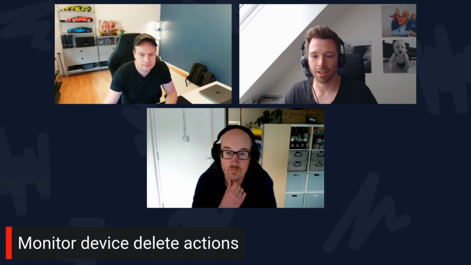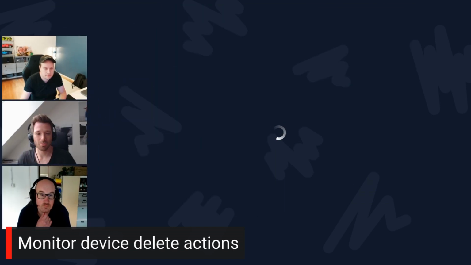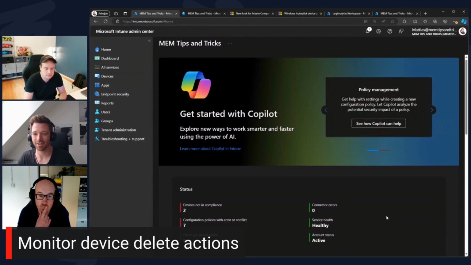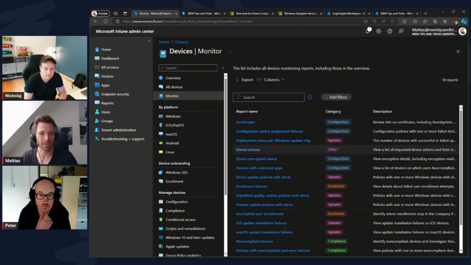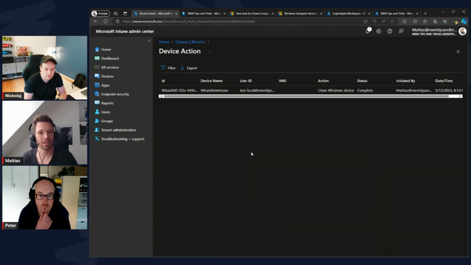What's that? Yeah, it's a lovely. It's not new as such, but the new thing here is that you can now have the device delete actions in that view. So if you click into devices and then monitor, we talked about the new categories here as a part of the new UI. Now we have this very nice view and report of device actions, where we have this new possibility of looking into devices that have been deleted. So the view here is to make it easier for the IT pros in your environment to actually see the